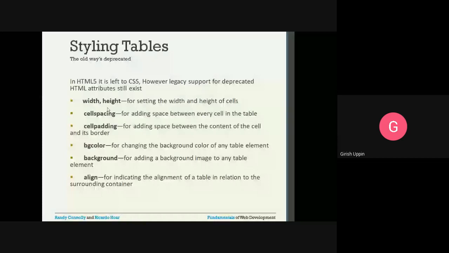Similarly, cellspacing is for adding space between every cell in the table. What you are seeing, this is the cell, this is the cell, and this is the row. So if I want to add space between every cell in the table, I will use the